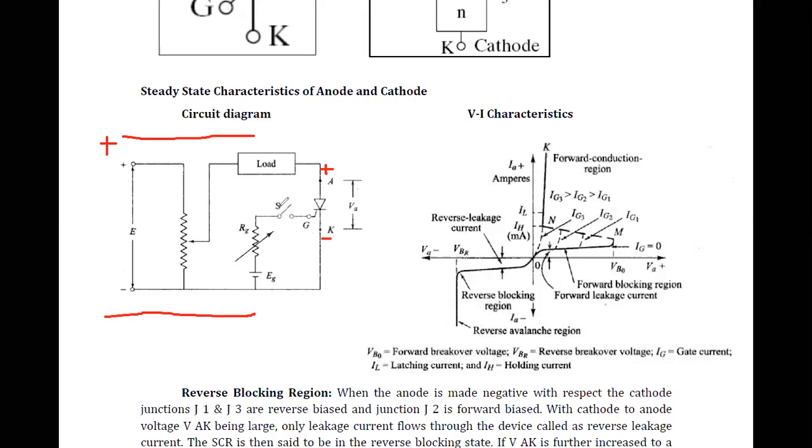But this SCR's special property says that when you apply the positive to the anode and negative to the cathode, even though the diode is forward biased, it will not enter into the conduction region. Even though the diode is in the on state, it will not enter into the conduction region. That is the speciality of this particular diode. It is not like our normal diode. In a normal diode, if you simply apply the voltages, it will just turn on and give you the results. But in the case of SCR, it is a different scenario here. So what happens to the SCR here?